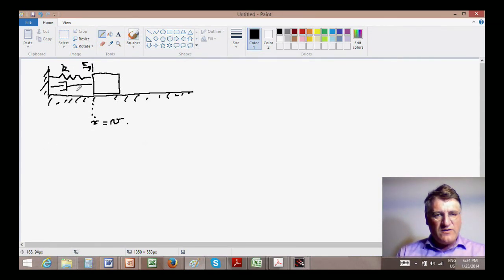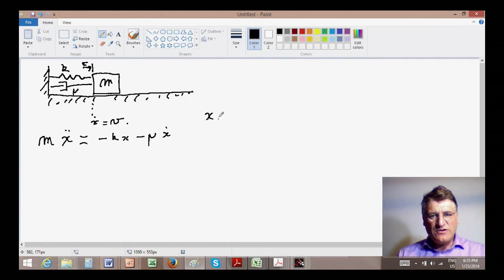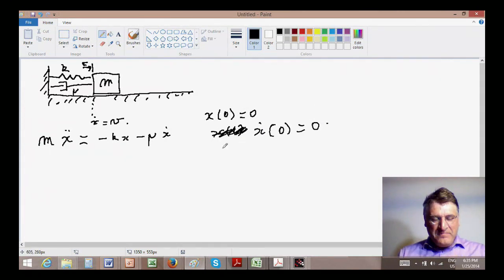If this is k, the spring constant, and this is mu, the viscosity constant, then we can introduce the differential equation, which we know, with m: m x double dot is equal to minus kx minus mu times x dot. Now we write the initial conditions. We're going to say x of 0 is equal to 0, x dot of 0 is equal to 0, and then we get that under this condition, the Laplace equivalent to this will be